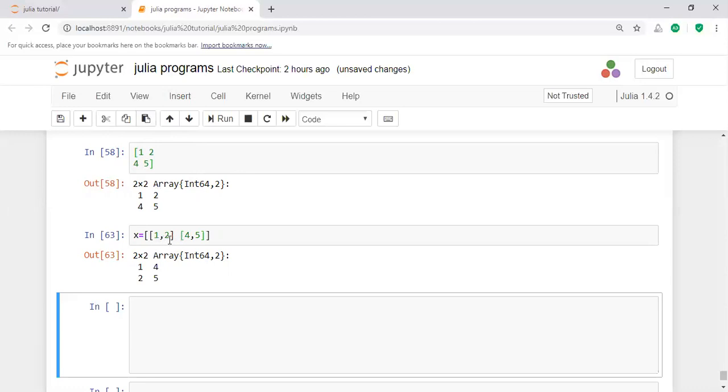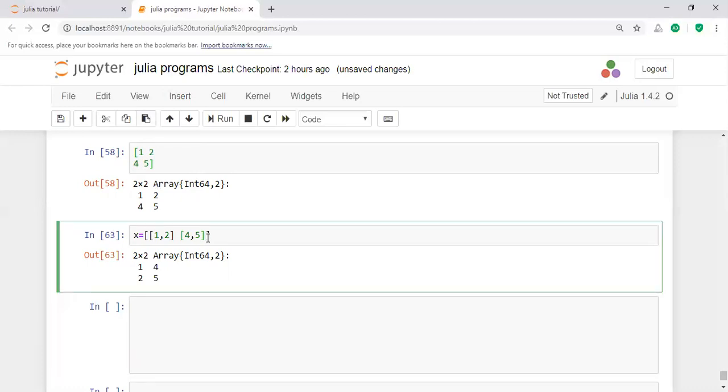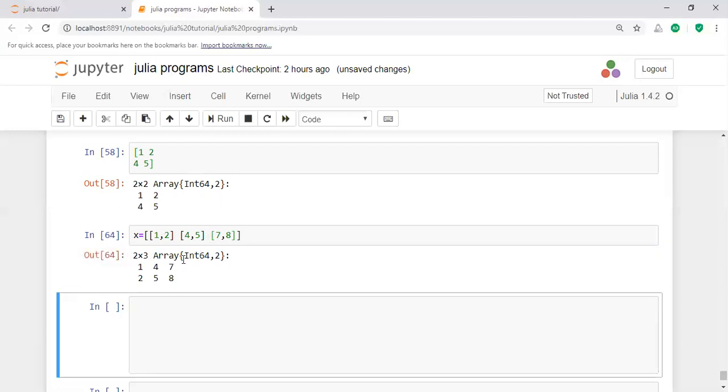That means 1 comma 2 space 4 comma 5. Again, if you get a space here and then some 7 comma 8, value 7 comma 8, 1 2 4 5 7 8 3, and then a 2 by 3 dimensional matrix here.